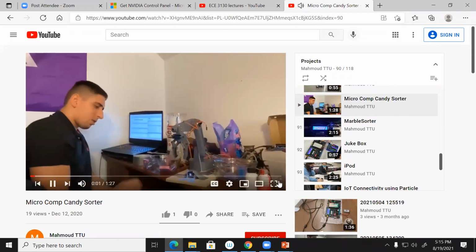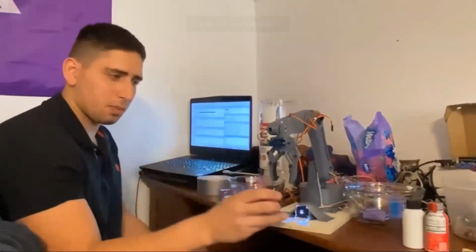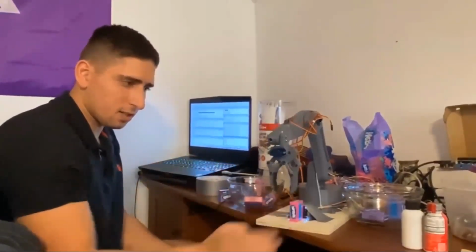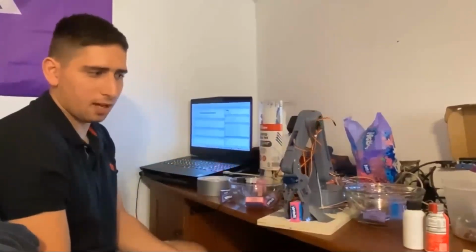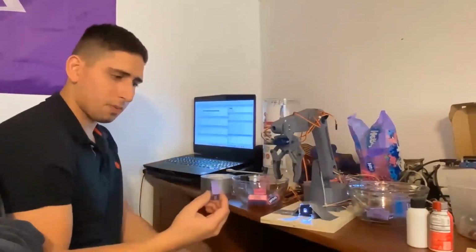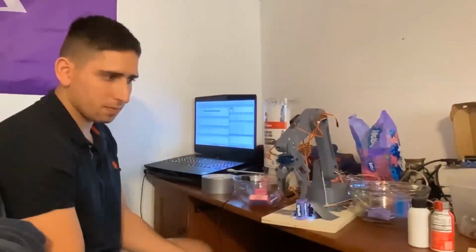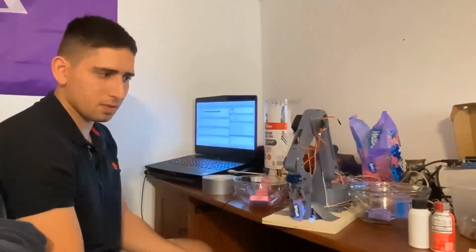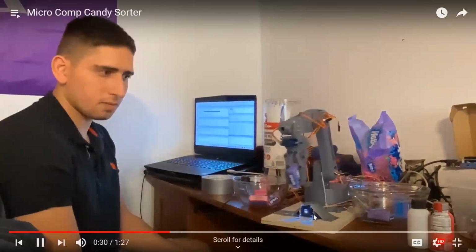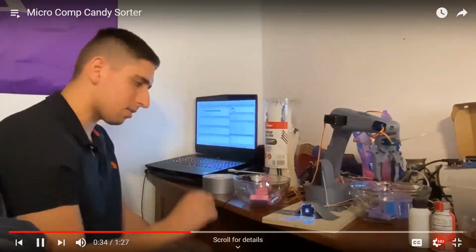Hey guys, I just wanted to showcase the current state of the color sorter. Look here, based on the color, it's going to move the box over the glass. If it's a different color, it's going to put it in the other one, as you see here, because they have a sensor. This sensor can sense the color. And then after sensing the color, your program can decide to put it here or there.